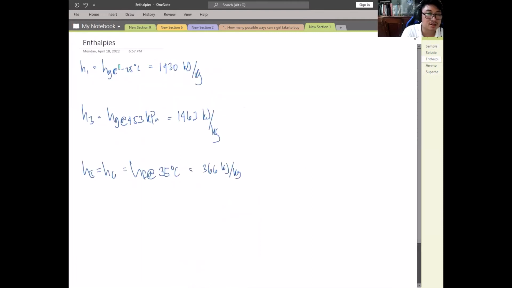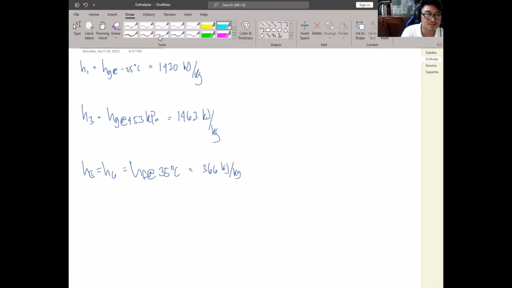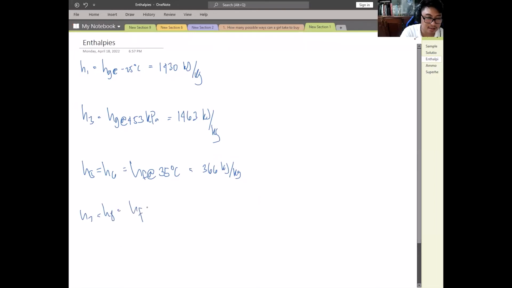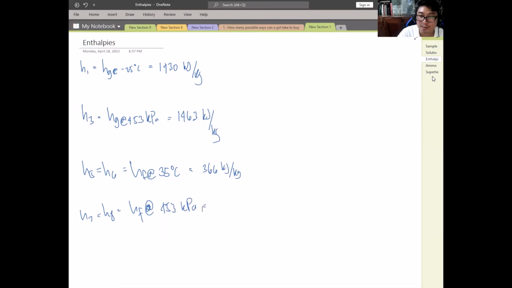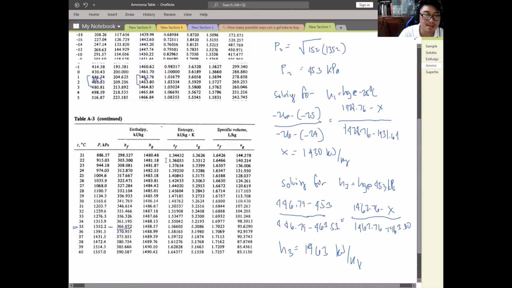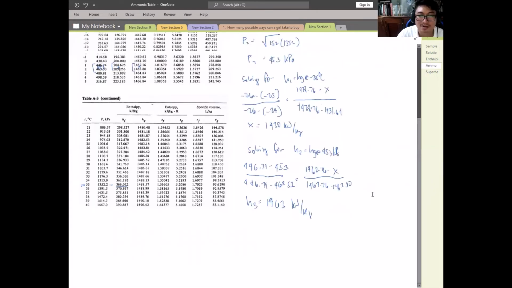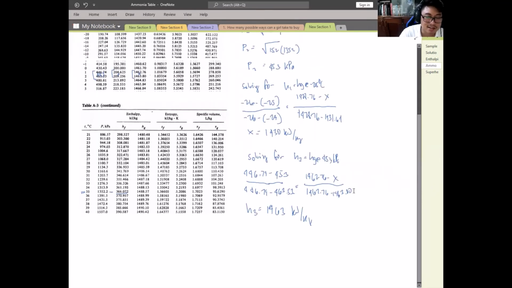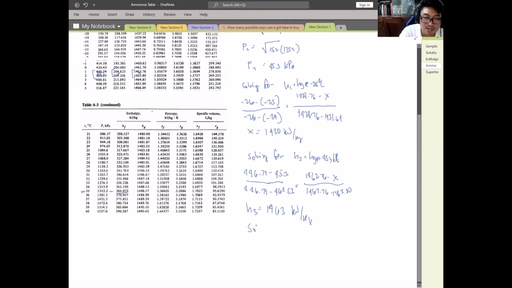Dito na tayo. H7 is equal to H8. HF at 453 kPa. So, mukhang mag-interpolate ulit tayo. So, at 453 kPa, so ito po yun. Hanapin natin yung gitna nito. So, makukuha natin yung HF niya. So, mahaba na yung solution natin dito. Wala tayong magagawa. So, kung liliitan natin yung ating screen. So, solving for